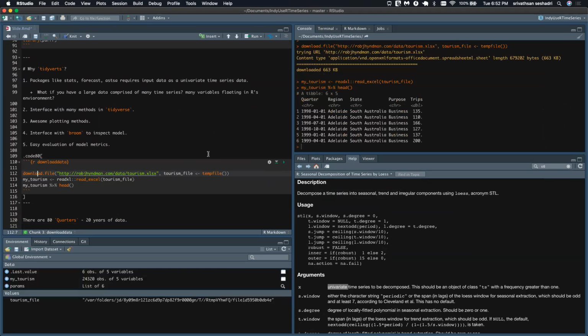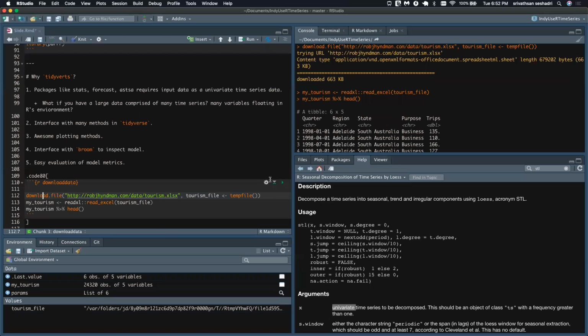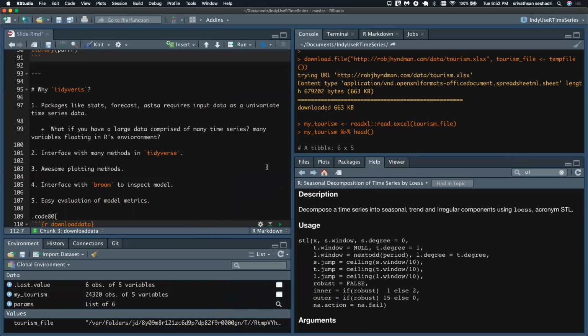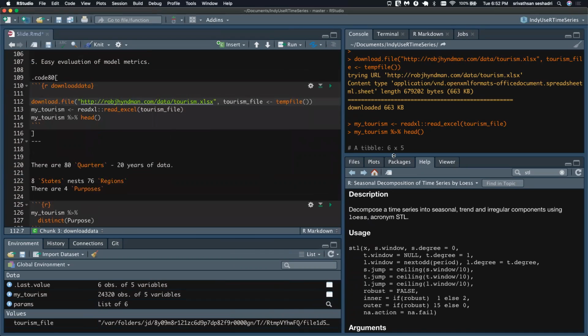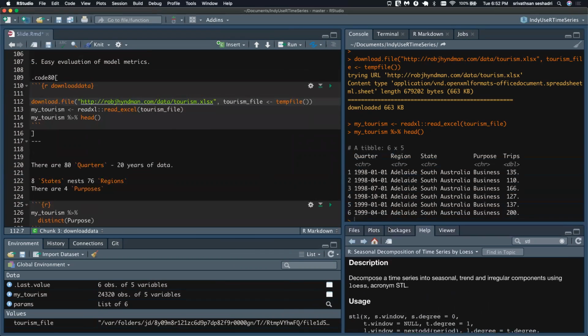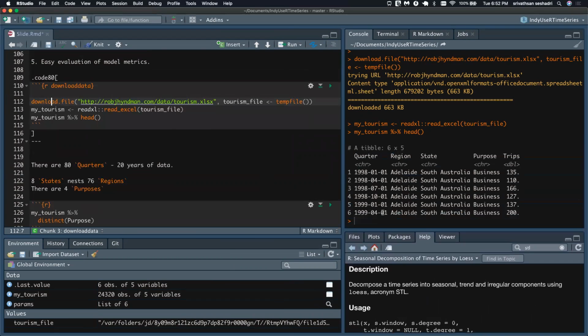I have downloaded data on Australian tourism that is hosted on Rob Hyndman's website. Is my screen big enough for you guys to follow? Yep. All right. If it's annoyingly too big, let me know.